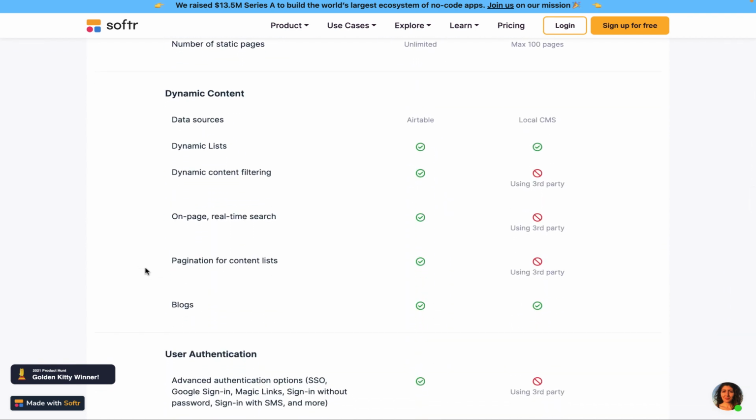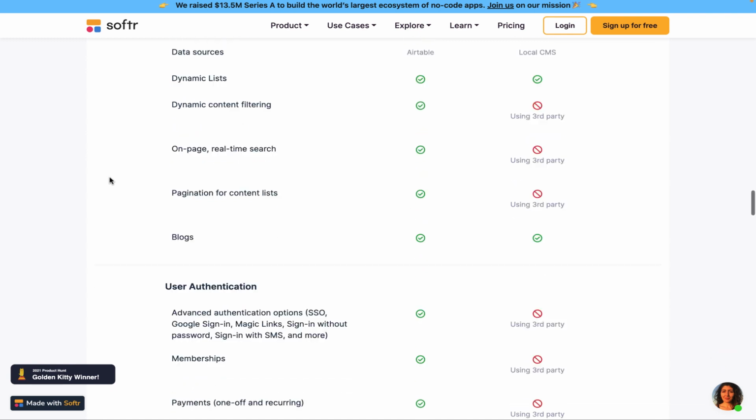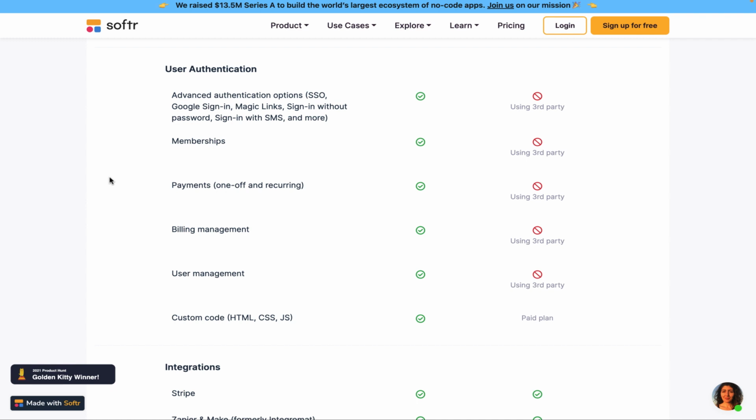Looking at the features comparing Softr to Webflow, there's a whole section right here that breaks down what Softr offers and what Webflow offers and how they differ. We already talked about the filtering, but if we look at the dynamic content, there's more to look at. On-page real-time search, you can do pagination for content listing, and both of them have blogging features. Again, you're going to look at the details of how much it's going to cost on Webflow versus Softr as well. If we're looking at user authentication, you're going to be able to do all of those things with Softr. You're not going to be able to do it with Webflow natively. You can use third parties such as, like I mentioned, MemberStack or Outseta, depending on your needs, but you're going to be able to do all of those things with Softr.